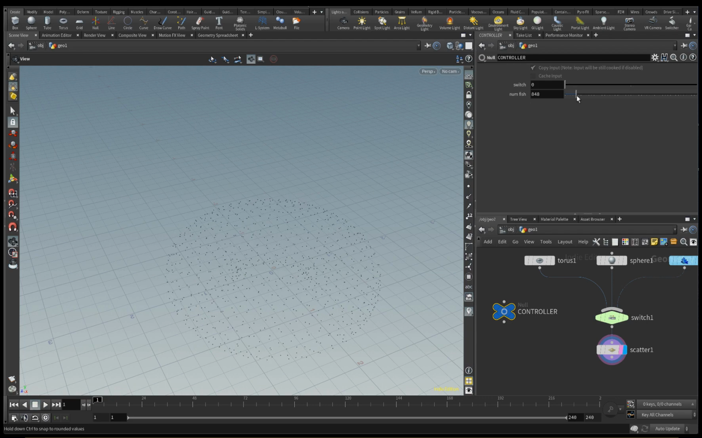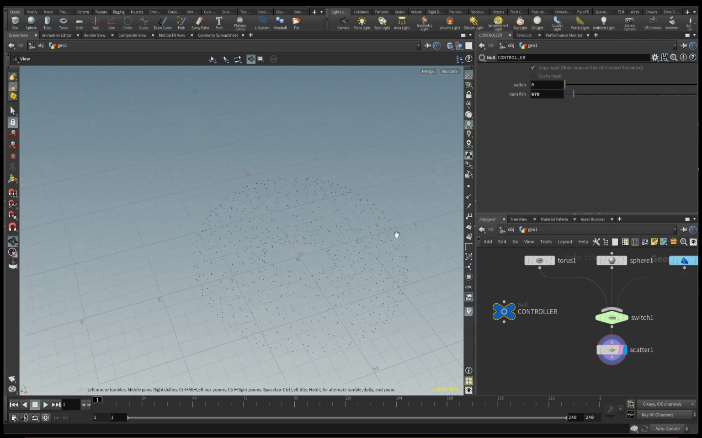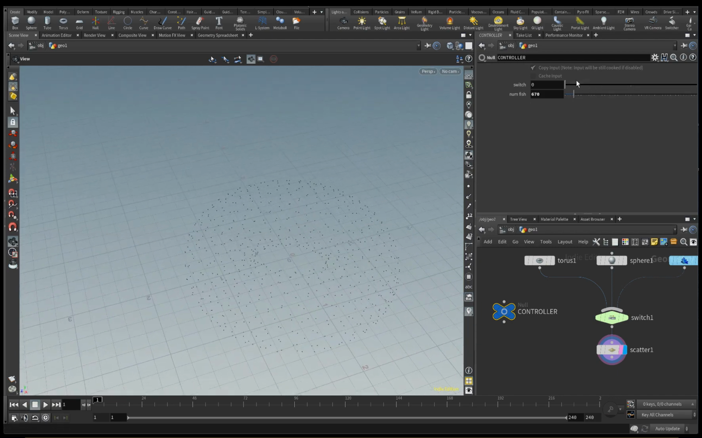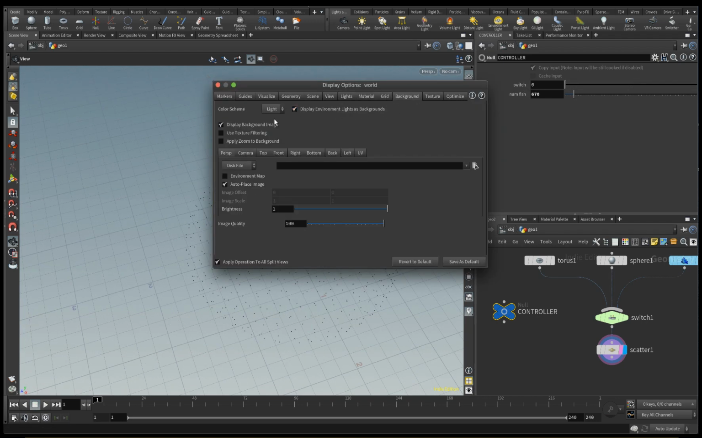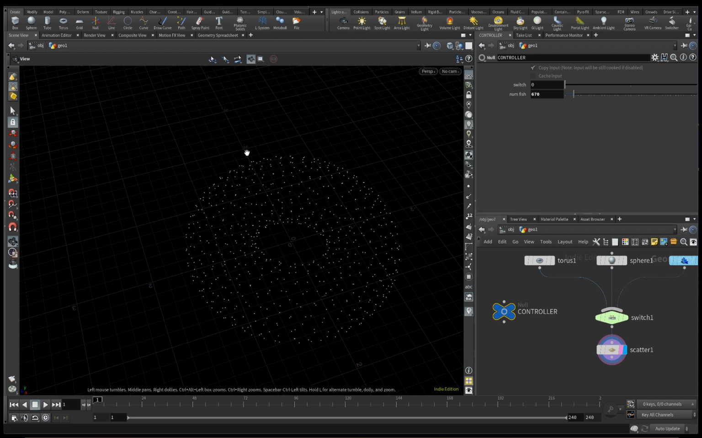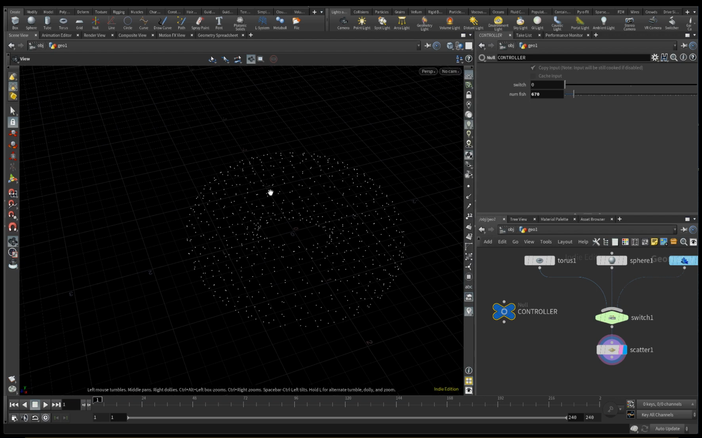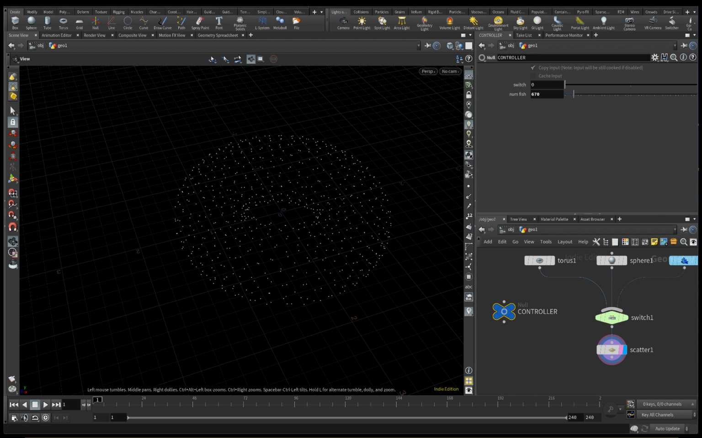Maybe I shouldn't make it too much. Right. And now I can change the geometry by switching it. Let's change the background to dark so that I can see a bit more clearly. Okay, now